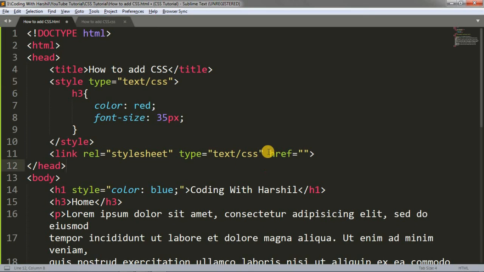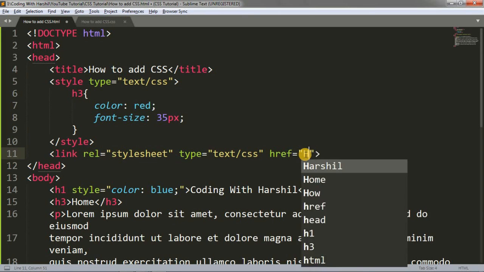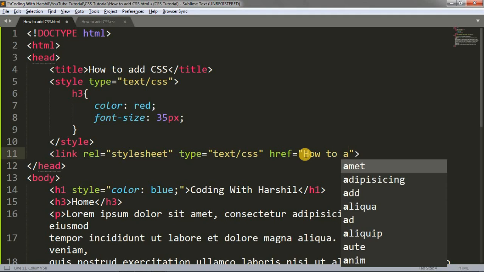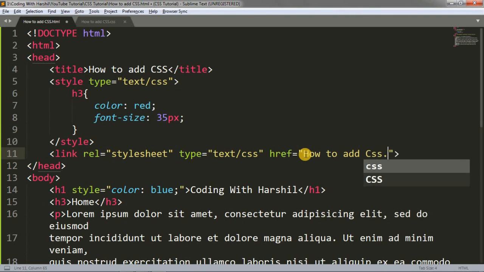And at the end, the last attribute is the href. Href means which CSS file you want to connect. Okay, in the anchor tag video of the HTML tutorial we have seen this href attribute to create a link. Okay, so I will write here my how to add css.css file.